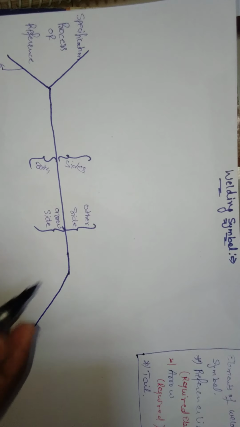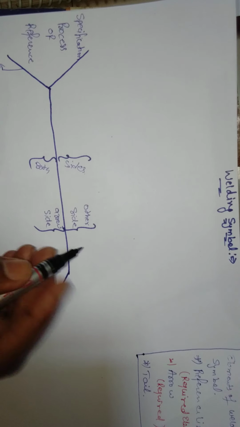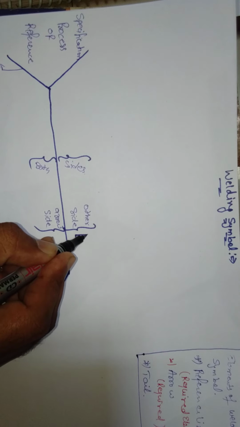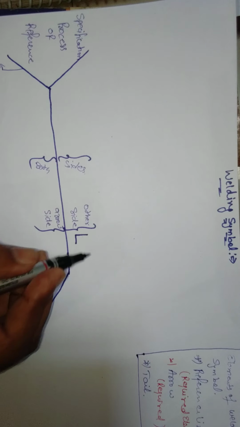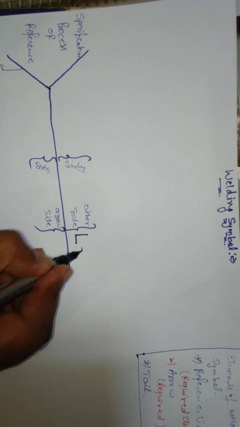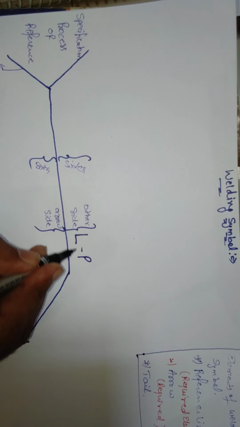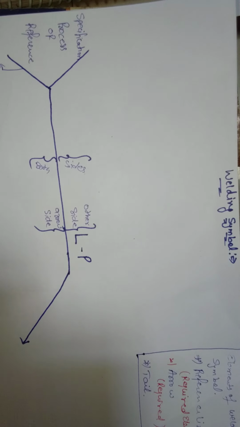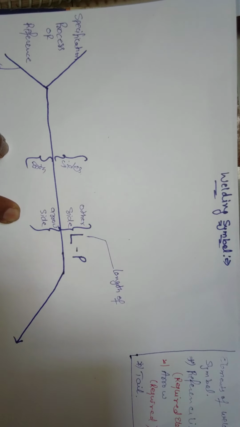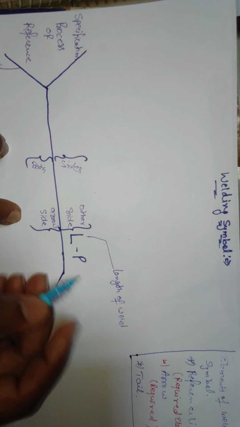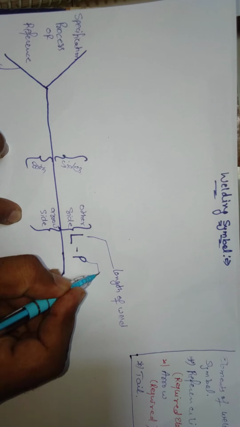Now we will discuss dimensioning. Length and pitch dimensioning are always placed on the right of the weld symbol. Just right of the weld symbol, the length dimension is placed, and right of the length dimension, the pitch dimension is placed, and both are separated by a hyphen. L stands for length of weld, and P stands for pitch.